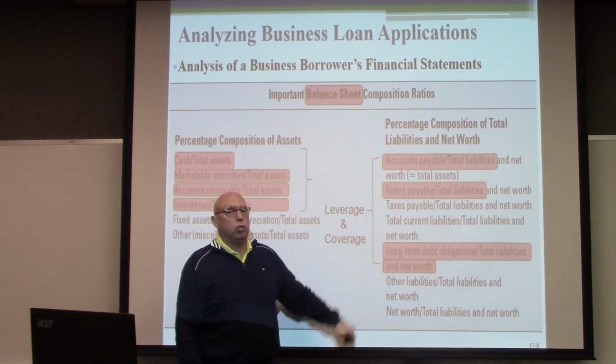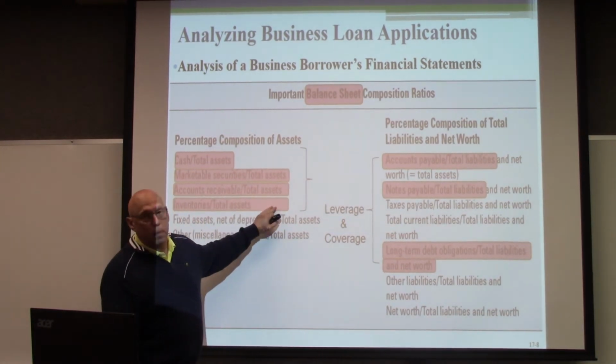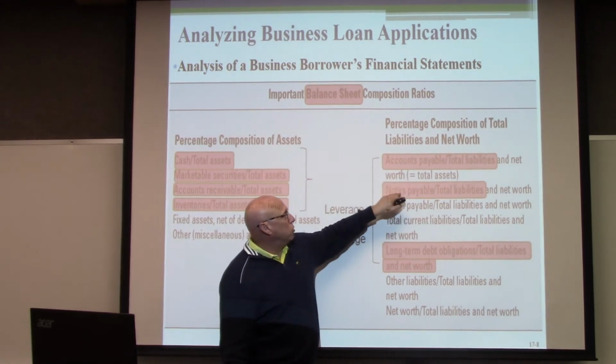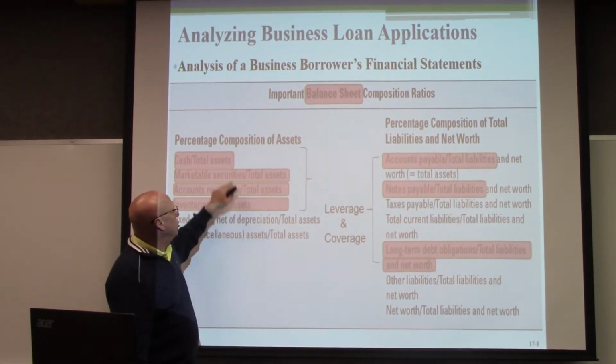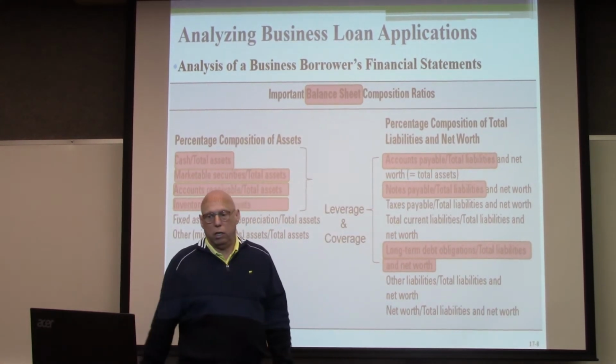So if a company comes to you and says, I'd like to borrow money, the question is, how much debt do you already have on the books? How much short-term debt is coming due? What kind of current assets do you have available to pay these things? And then you look at the income statement.